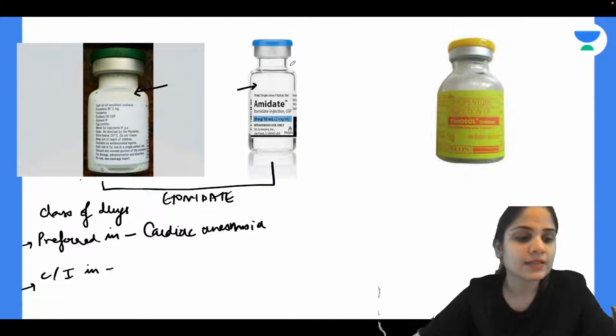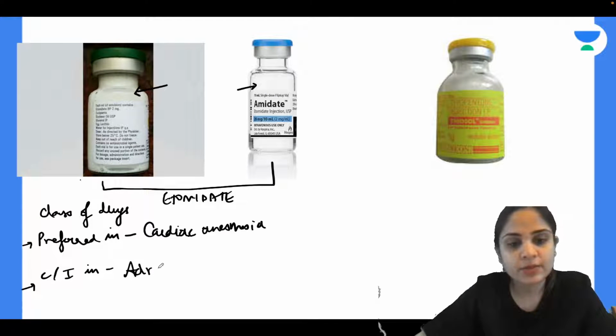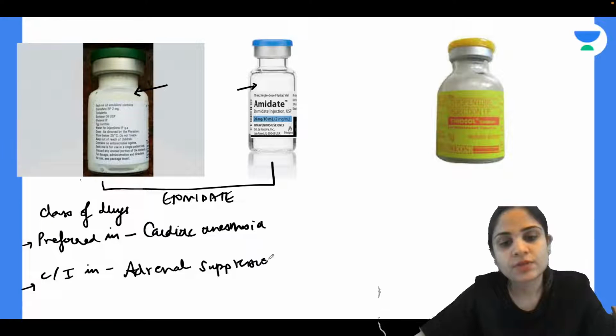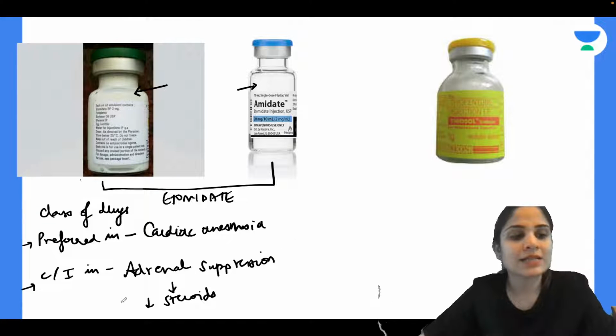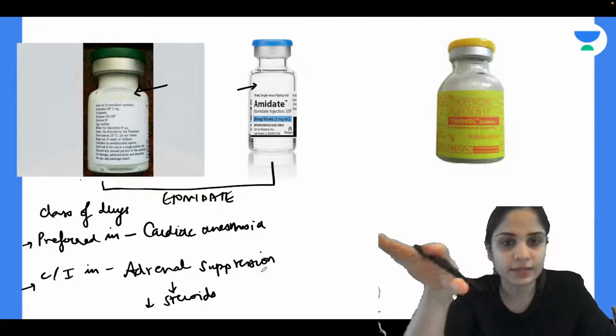Okay. In which case is it contraindicated? Yes, very good. So etomidate causes suppression of the adrenal gland and it reduces the production of steroids. Okay, so there is reduced production of steroids. So as a result of this, etomidate is always contraindicated whenever you have adrenal gland suppression. If the patient is already suffering from adrenal gland suppression, for example, he is very sick, he is in the ICU for a long period of time, he has sepsis, already the adrenal gland is suppressed and the steroid production is low. So in that case, you will prefer to avoid etomidate.